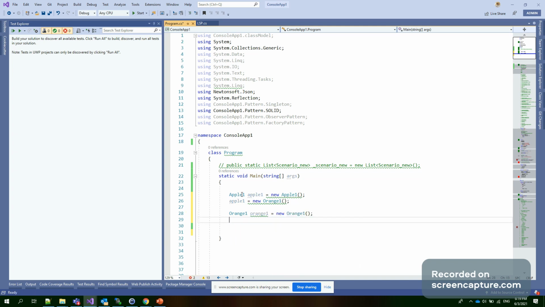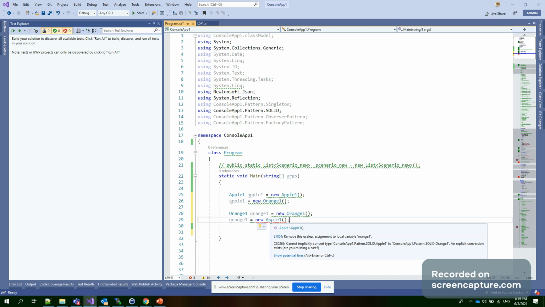Now the problem will start here. If we use the same object to reinitialize with the other class, for example the Orange one object being assigned an Apple one, you can see we can't initialize this. The IDE says there is an explicit conversion required.